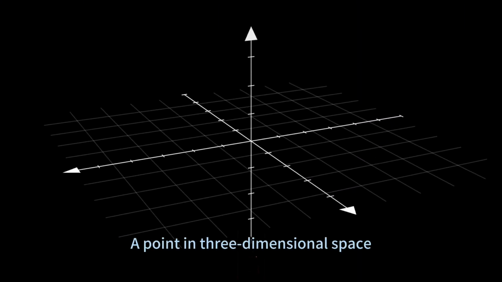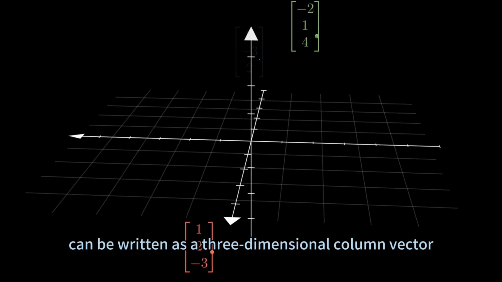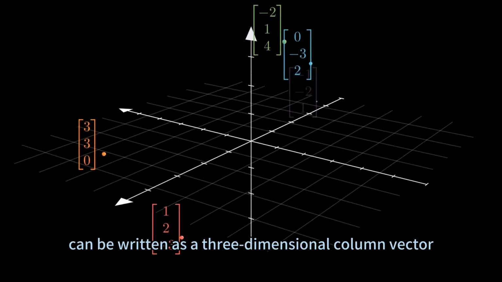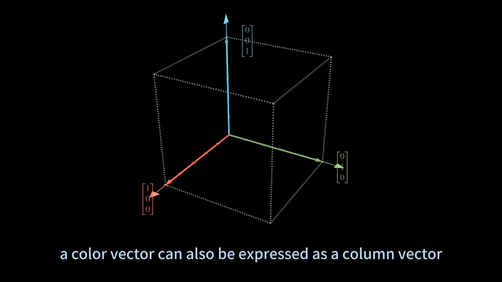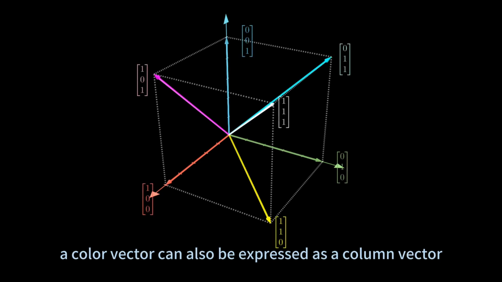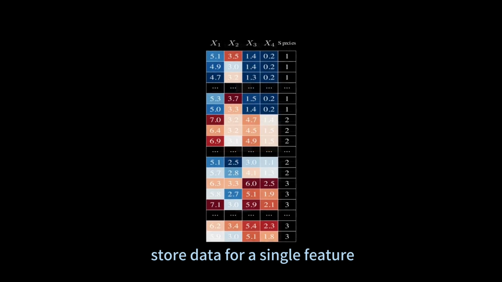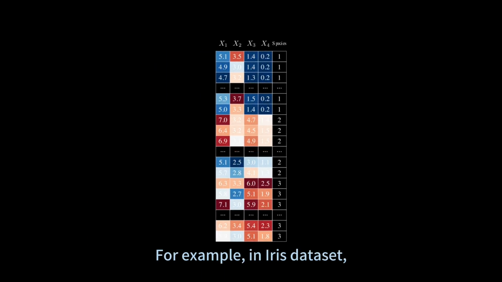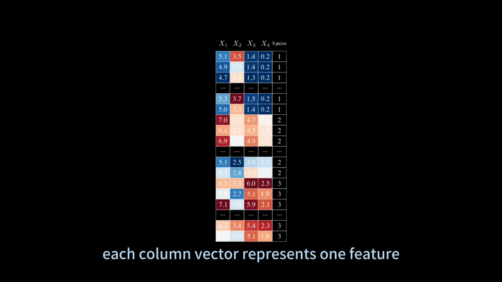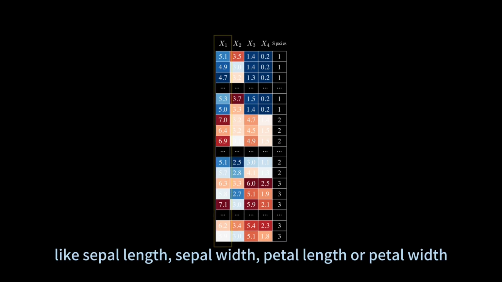A point in three-dimensional space can be written as a three-dimensional column vector. In RGB space, a color vector can also be expressed as a column vector. In a data matrix, column vectors are often used to store data for a single feature. For example, in the iris dataset, each column vector represents one feature, like sepal length, sepal width, petal length, or